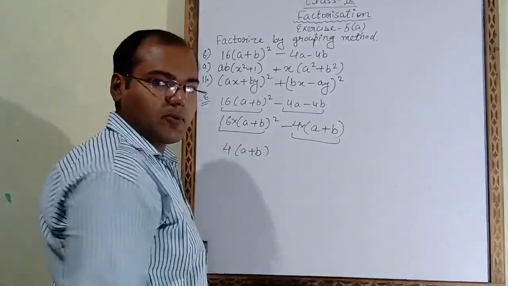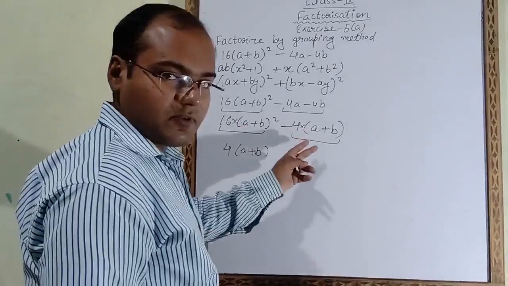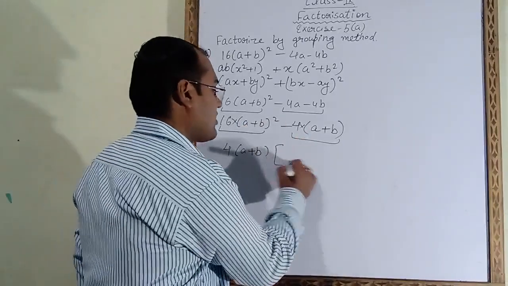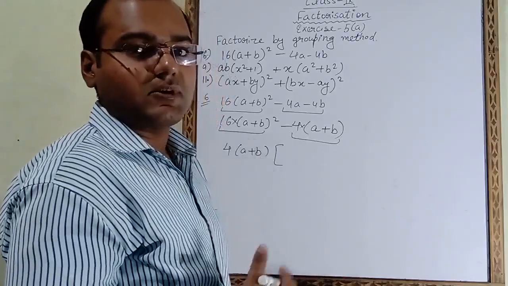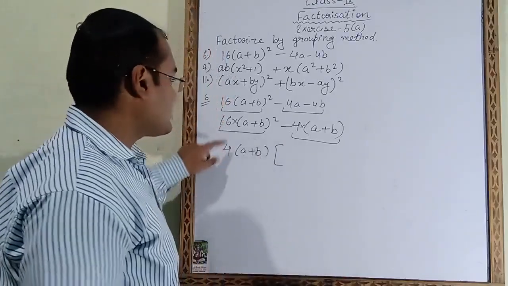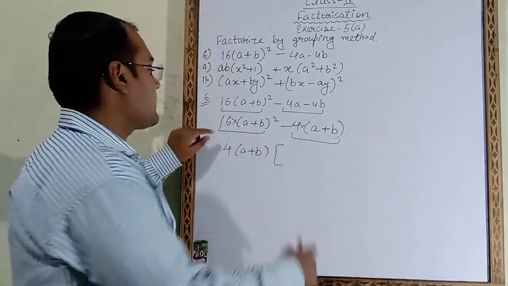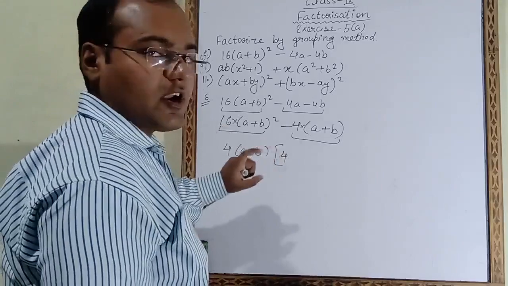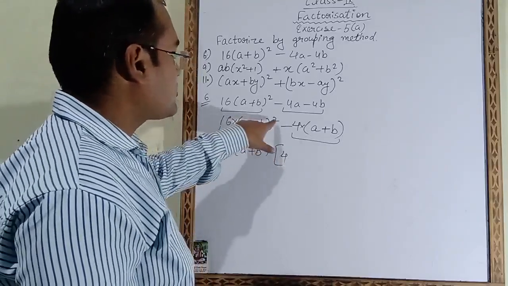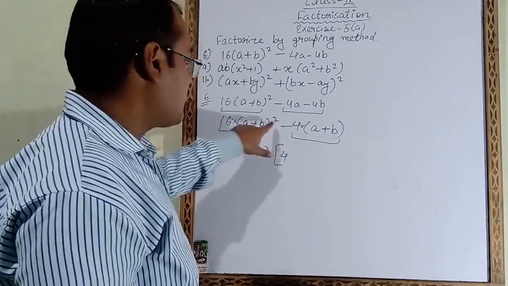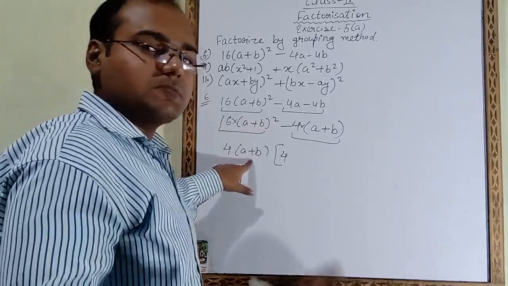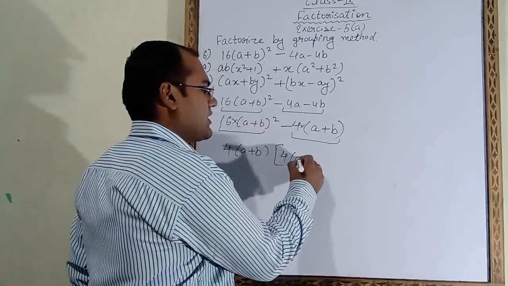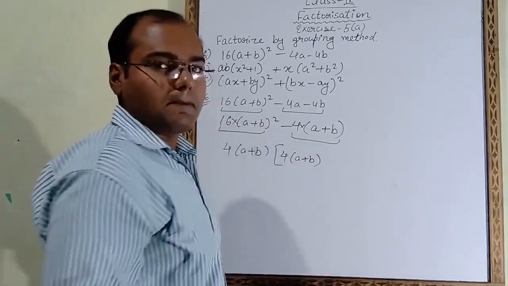4 also we will take common. Then what have we taken common? a plus b we have taken common. So a plus b also we will write in a bracket. Now in the big bracket you have to write the remaining numbers. Which numbers are remaining? From 16 we have taken 4 common. What is remaining? 4 is remaining, 4 fours are 16. So here we have to write 4. (a plus b) square is there. Square means 2 times. But how much have we taken common? a plus b only 1 time, and here it is a plus b 2 times. So 1 a plus b is remaining. That a plus b also you have to write in the bracket.